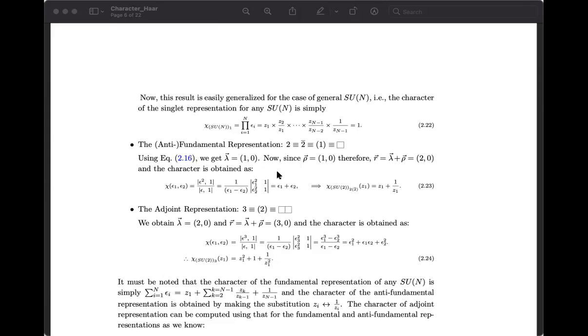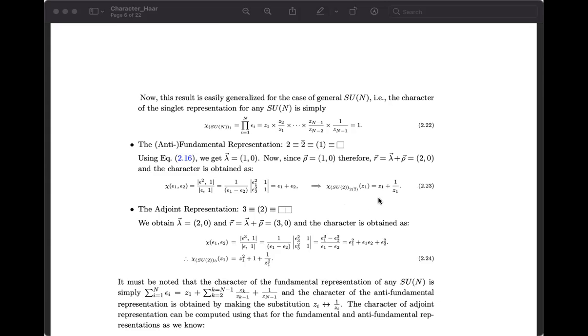Similarly, you put it back in this chi, and you write down epsilon 1 plus epsilon 2. You put it back in z, and also remember the relation between epsilon and z is very much dependent on the group. It is not going to vary from representation to representation. So you have to remember rho and the relation between epsilon and z. They are fixed once you specify the group. The r specifically is going to change for the representation, and that's why the character functions will be different for different representations.